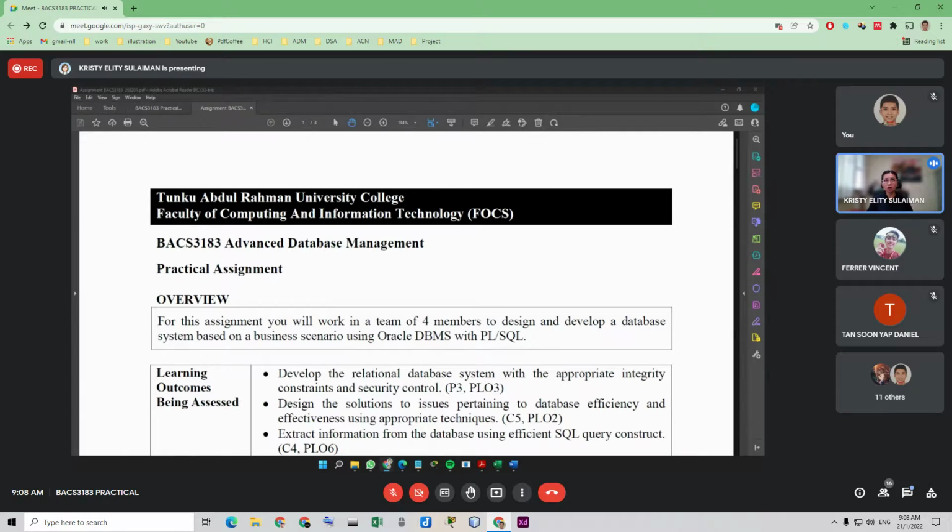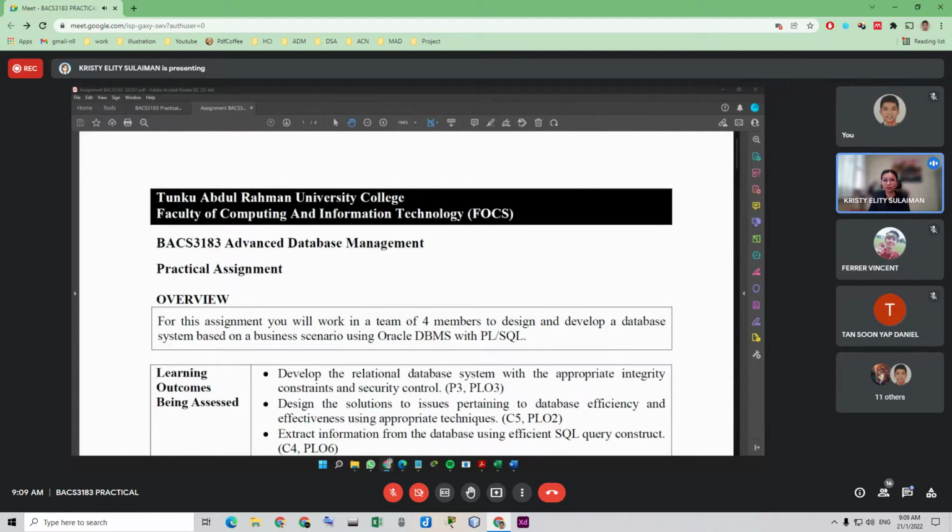But I know all our machines are different. Some machines are slow, some are okay, so I need to take that into consideration as well. I want everyone to follow the practical smoothly. Hopefully, we try that way first today. I show you what script to type, and then you follow using your machine.